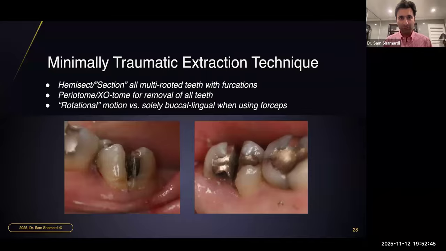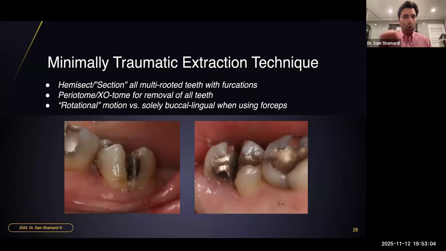And this is why for all of our teeth, any of these teeth that are multi-rooted, anytime you see a furcation involvement, multi-rooted molars, premolars, we are always going to section each and every single tooth into its smaller individual roots. Even when we think of longer single-rooted teeth like canines or even centrals, when they are